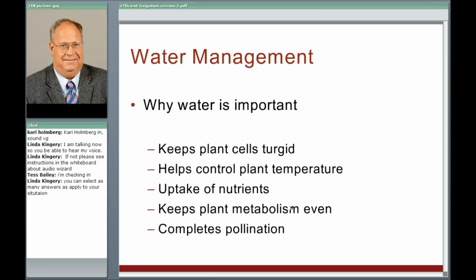So why is water so important here? We know it keeps the plant cells very turgid. It helps control plant temperature, which is a big factor we're going to get into, of when you irrigate and irrigating for frost and that type of thing. It aids uptake of nutrients. We're going to get into that because I don't think people realize how important that is. And it keeps the plant metabolism even. What we don't want is the plant metabolism to go up and down, because it never goes back up to where it was when it starts dropping. And water is very important to